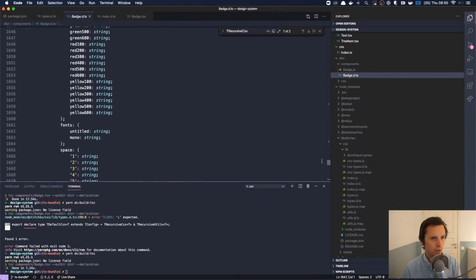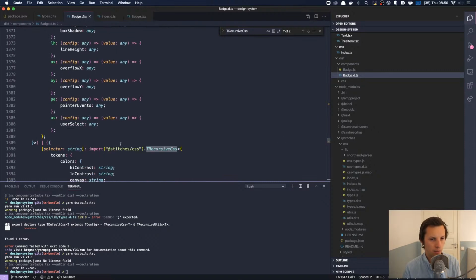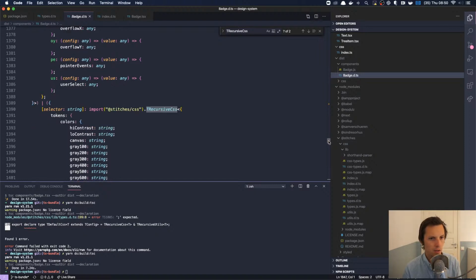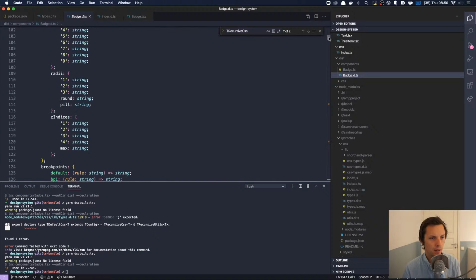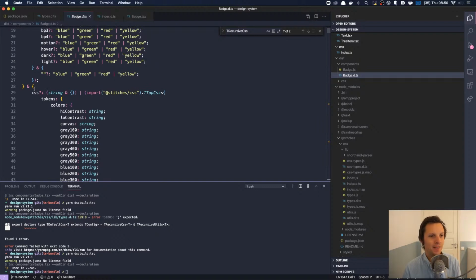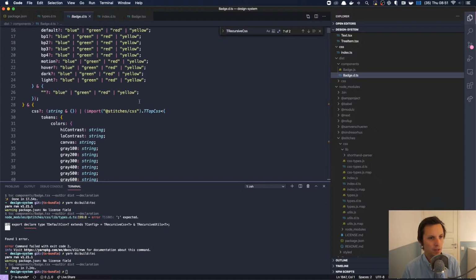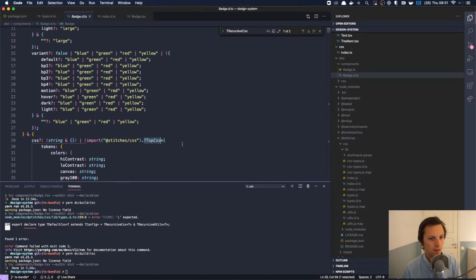No, it can't be that. This is so frustrating. But this is where the recursive part comes in, and then it moves back up to recursive CSS, which is also like, I wish I was able to just say, make it understand that there's a type called recursive CSS with config or something. Okay, I have an idea.